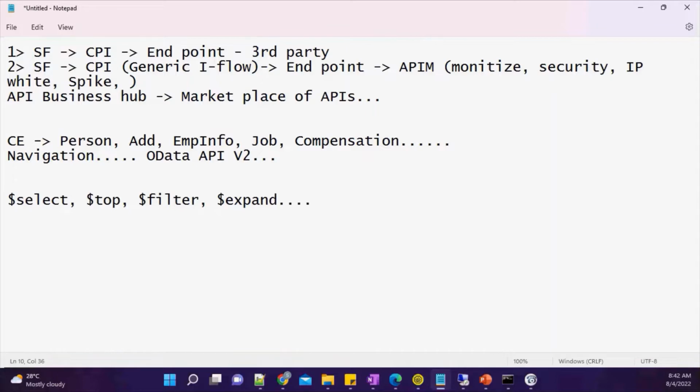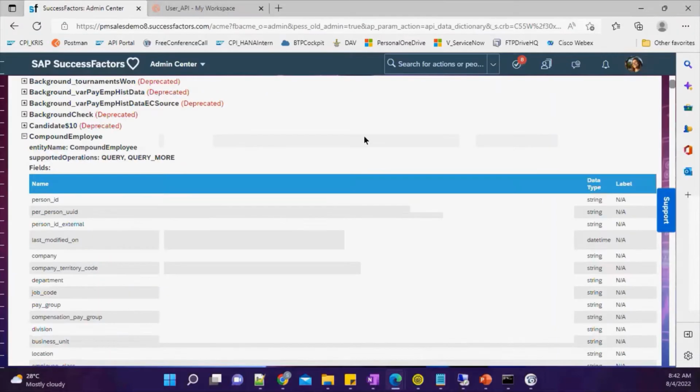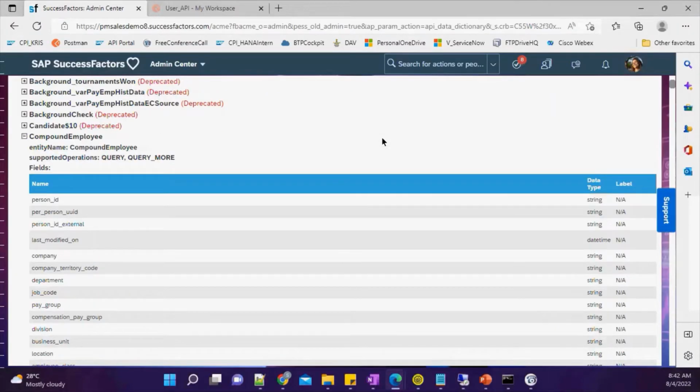Probably there is a spelling mistake, you can just refer to it. So these are some of the query parameters you can use. If you have worked on SAP Gateway, or people from a Fiori background, they should be aware of this. If you know the syntax of OData queries, that will help you build a query. So coming back to this compound employee, you will have all this information.